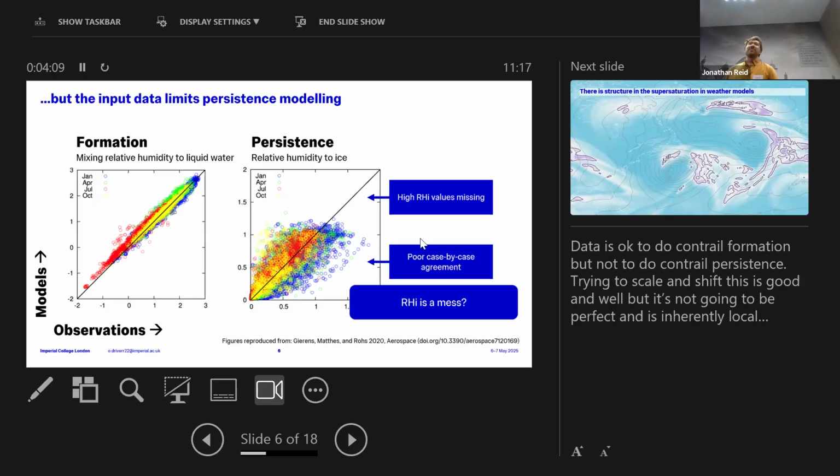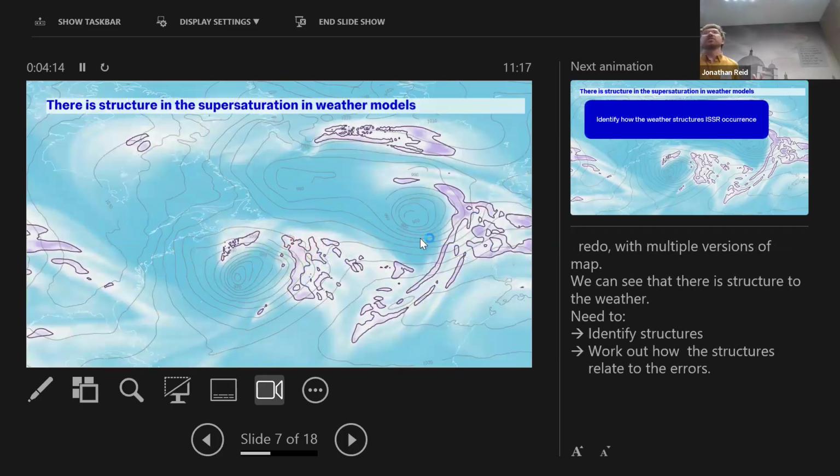That begins to motivate this piece of work that I've done, I guess. So what I've been doing is looking at the weather data and trying to establish a link between where the weather data is going wrong for contrail modeling and the underlying weather models. So when we look at it, it doesn't look like relative humidity to ice is a mess. This is what the purple and the blue field is, relative humidity to ice. And you can tell that it's structured in the weather data, in the weather systems that form in this part of the North Atlantic.